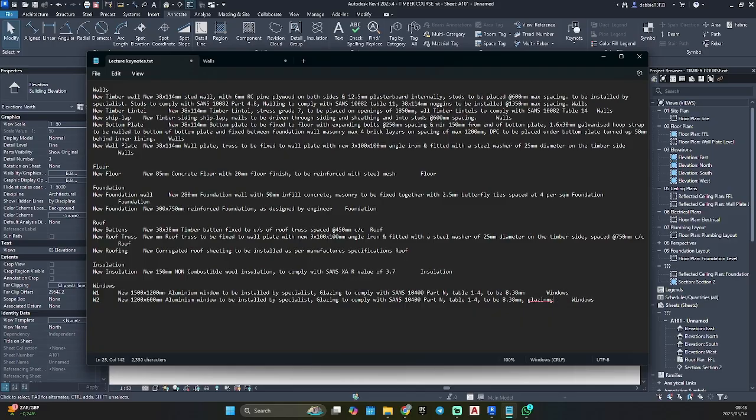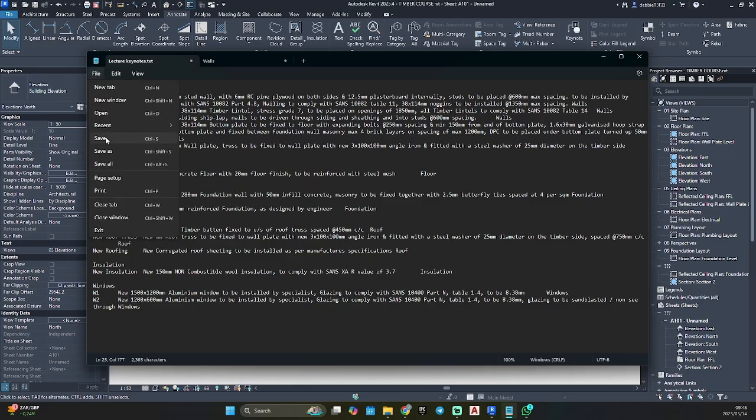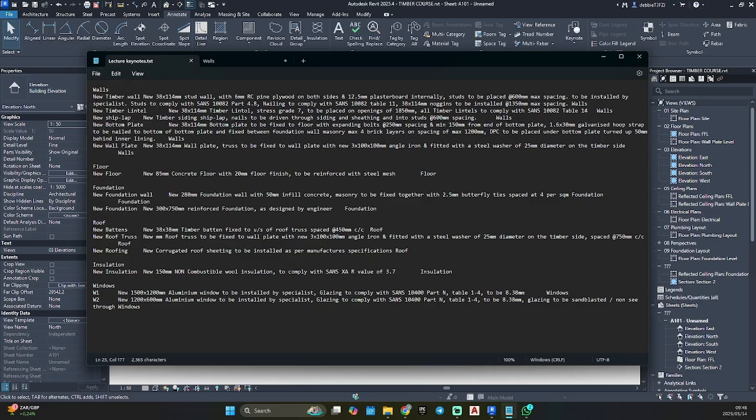Glazing to be sand blasted. Sand blasted non see-through. Because you don't want to take a shower and have someone from the outside looking in. I just save it.